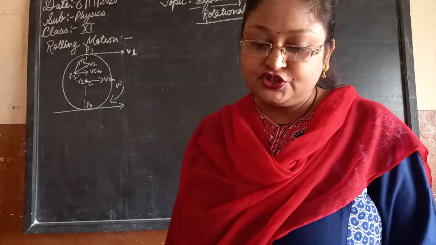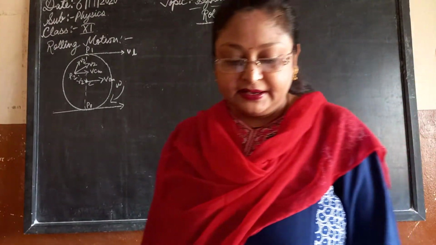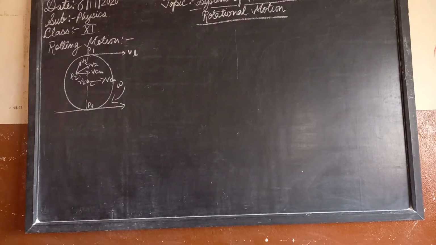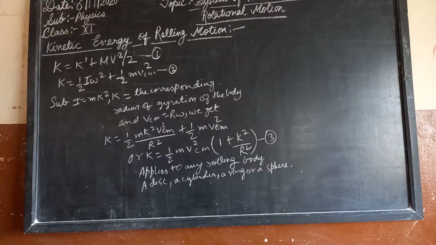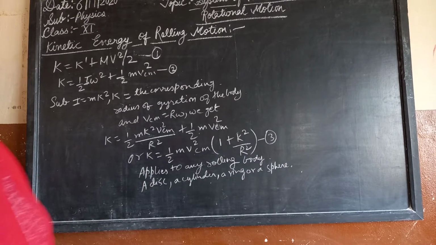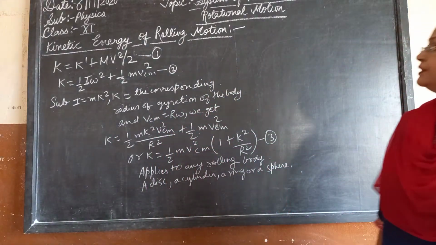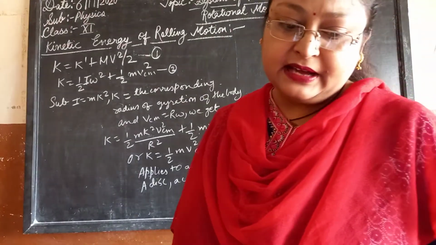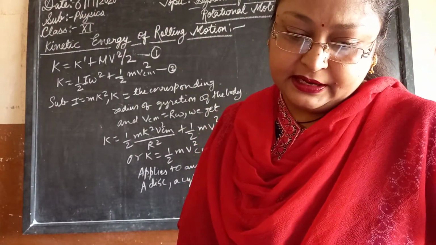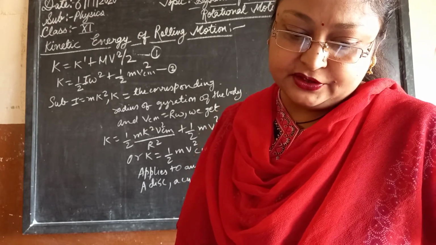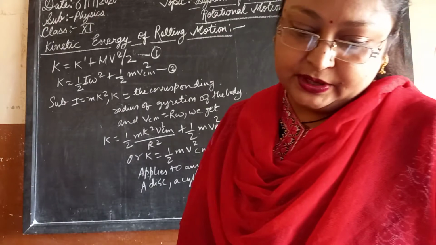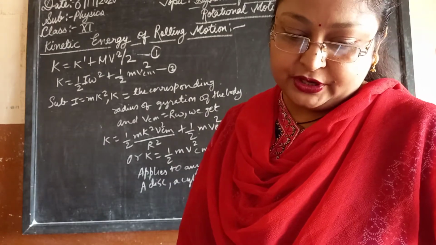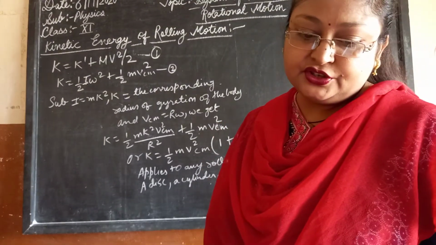Moving towards kinetic energy of rolling motion. How the kinetic energy is there in the rolling motion, let's see. So let's start, students, the kinetic energy of rolling motion. Here we have an expression where the kinetic energy of the rolling body has both the kinetic energy of translational motion and the kinetic energy of rotation, which can be separated. In a special case, we are taking the kinetic energy of the system of particles, which